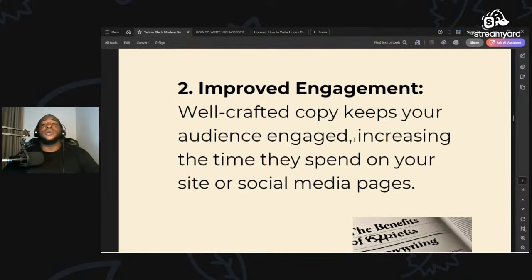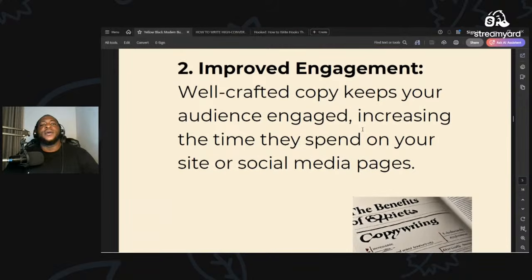Now, it will even help you create content, but we are going to reach there. It will also help you improve your engagement. A lot of us find that we're probably not getting a lot of engagement online. Maybe you create content, but it is not viral. It's not your fault. It's just that you're not using copywriting principles. You just feel like for you to go viral, you need to be on camera and just talk. There's something called scripting. If you don't script diligently, you can't really do well. You may just find yourself stuttering on camera.